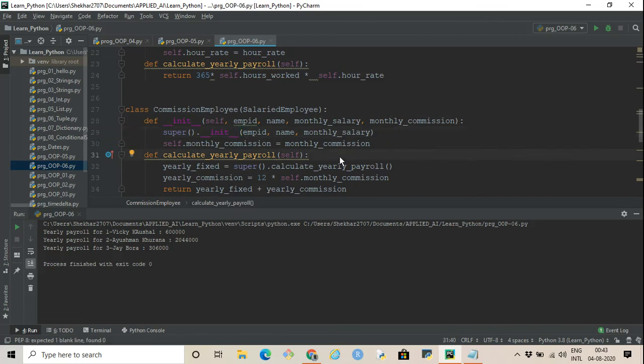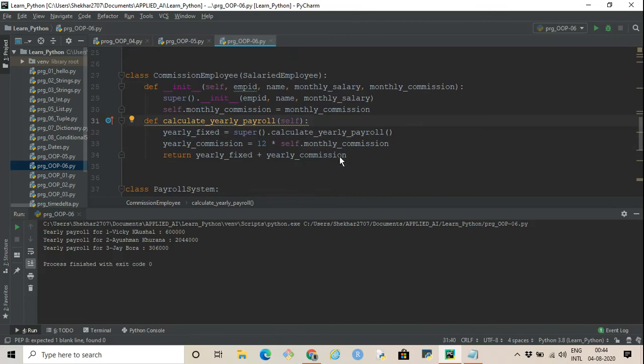Again, we have an instance method that is calculate yearly payroll. Now in salaried employee, we also had the same method, calculate yearly payroll. So what we can do, we can make use of that method. So we are calling super.calculate_yearly_payroll.